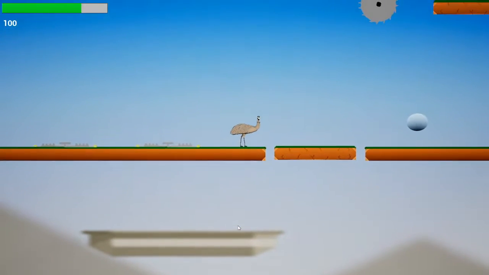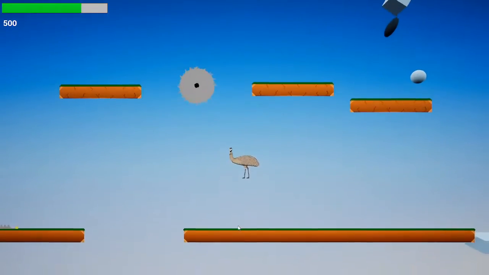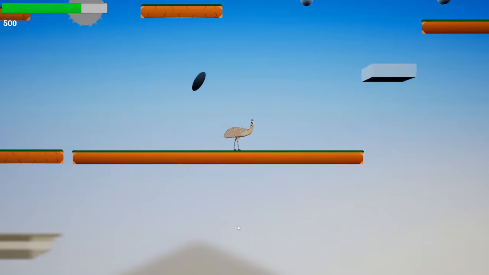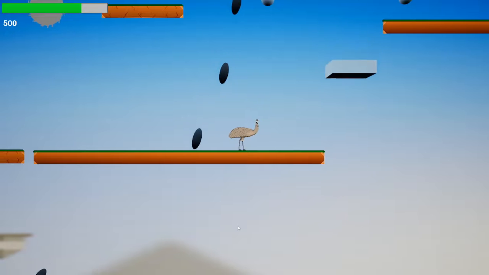Additionally, because of how slow your movement is to get started, I really could not see myself making those jumps. Additionally, your projectiles right here, if you saw, are breaking through